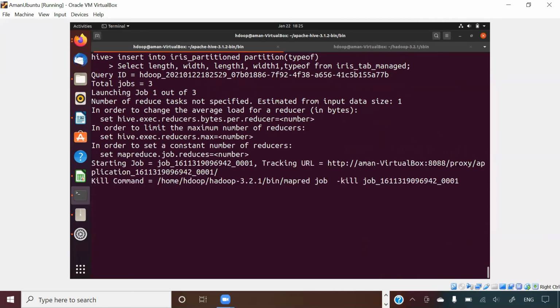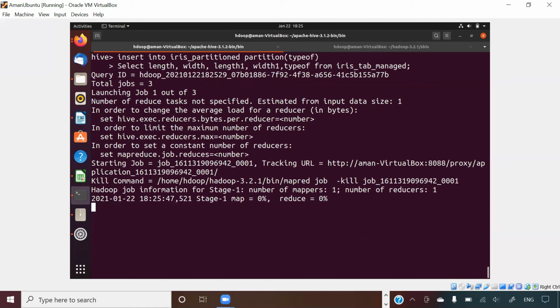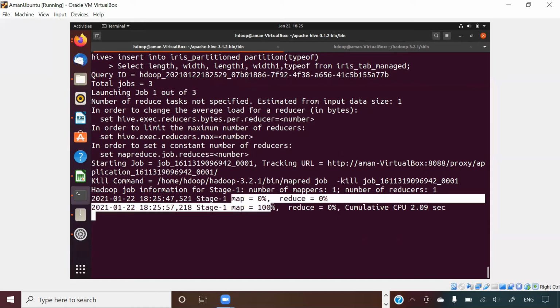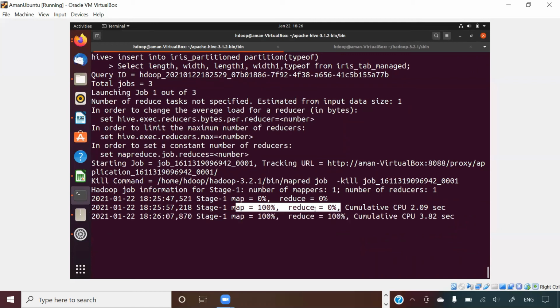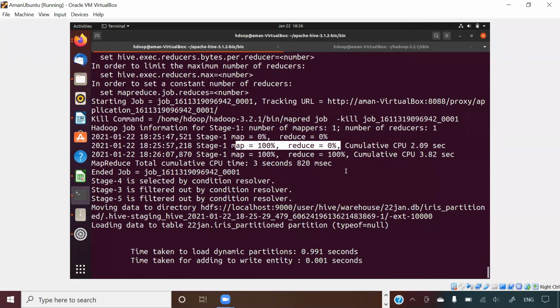As I told you guys, in Hadoop everything is a map reduce. All the previous things that we did were very fast, and hence you were not seeing these messages. But now this is taking data from one table and putting it in another table. So it is launching one of 3 jobs, a map reduce job basically. If you can see here, map is 0%, reduce is 0%, map is 100%, reduce is 0%. It will be completed when map and reduce both are 100%. Okay, so you can see map 100%, reduce 100%.